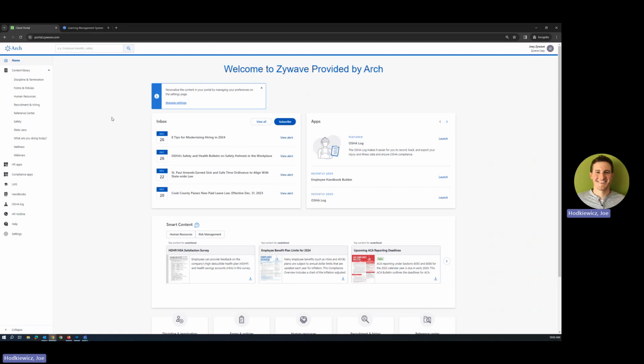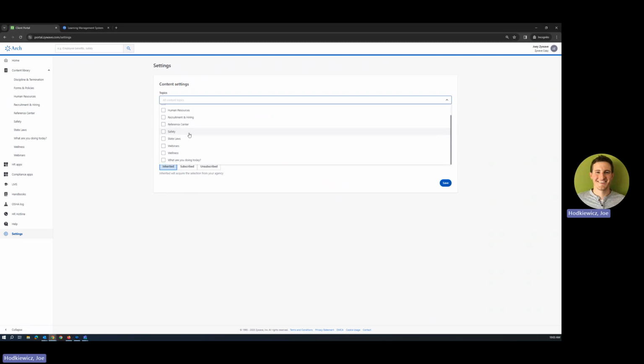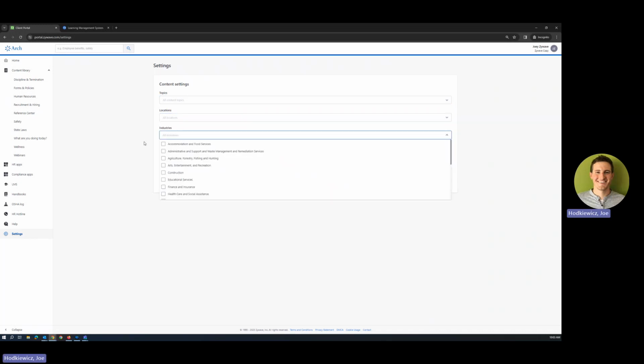The first time you'll log in, you'll be prompted with this little notification here on the homepage, alerting you and giving you the option to customize the content on the platform. If I click Manage Settings, it'll actually bring me down to the Settings tab here on the left-hand side. Here, I would have the option to choose the different topics that would be relevant to me. I could also choose different locations, so that way different alerts, different industry-specific content can show up for me, and